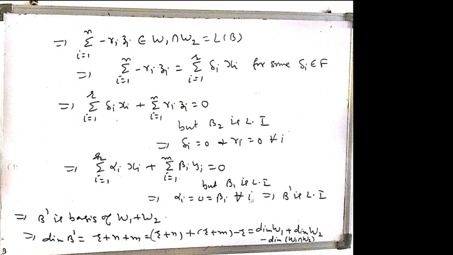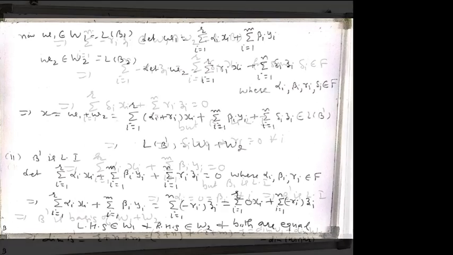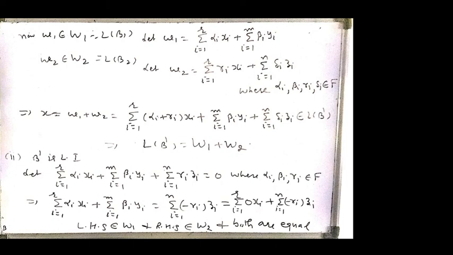This element is a linear combination of the elements of B2. B2 is a basis, therefore it is linearly independent. This means delta is 0 and gamma is 0 for all i. So it implies I get gamma i equals 0. So in the previous slide, summation minus gamma i zi is 0. Therefore the left hand side of the last equation is 0: summation alpha xi plus summation beta yi equals 0, because I have proved summation minus gamma i zi is 0, because each gamma is 0.